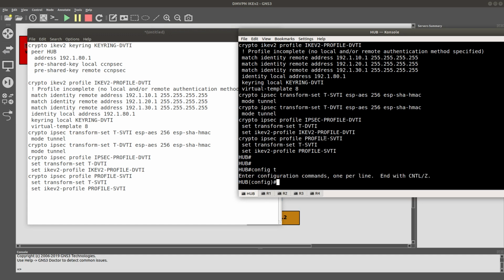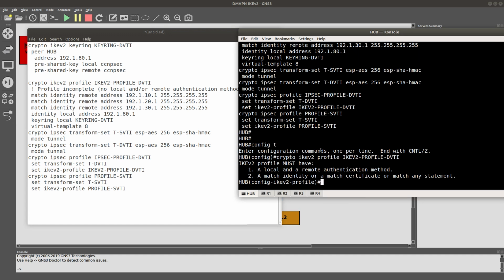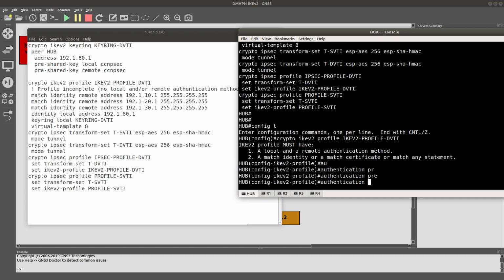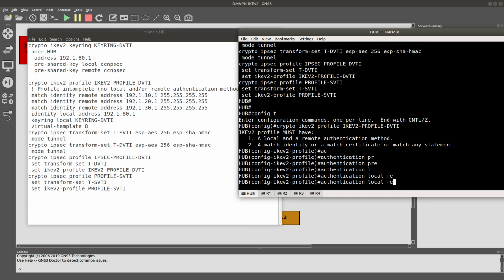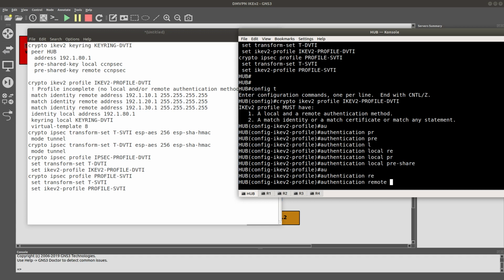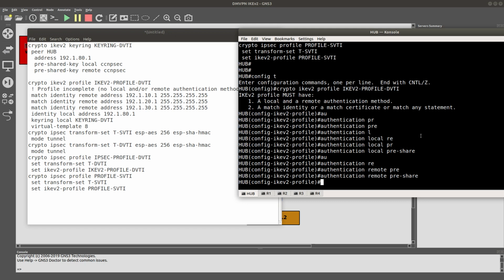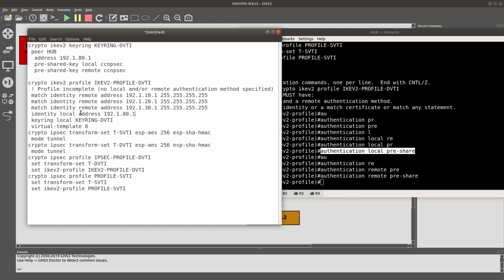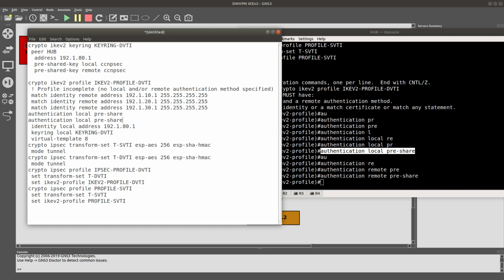Let's go ahead and go into the IKEv2 profile. And over here, we need to do the authentication method for the local pre-share key. And the authentication method for the remote is also going to be pre-share key. And we can go ahead and copy this and just paste it into the profile configuration,